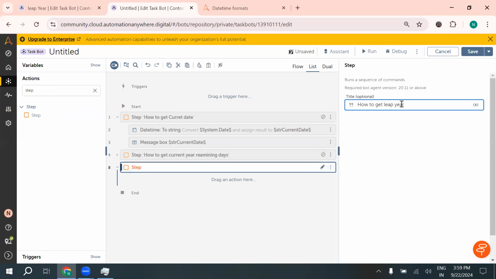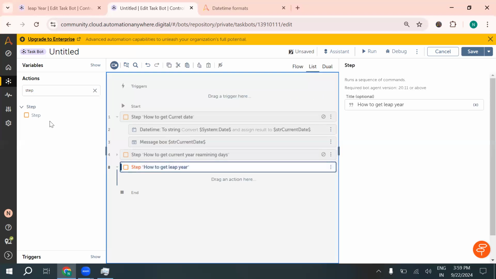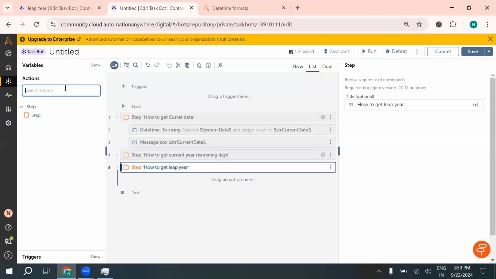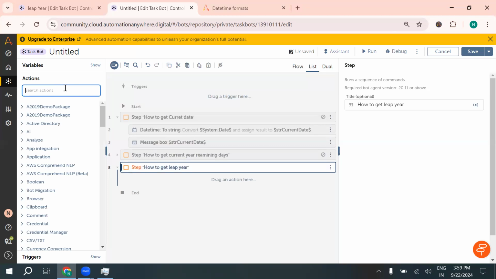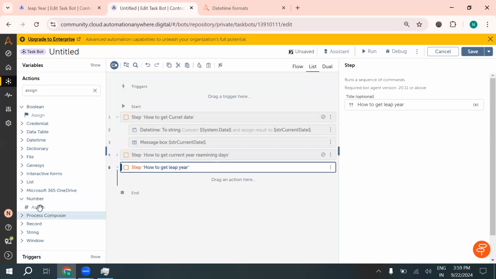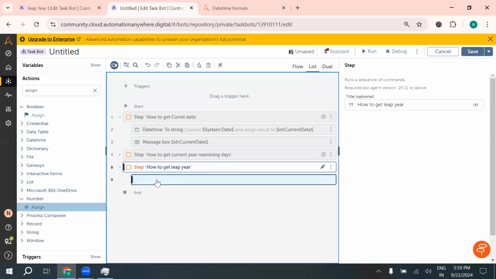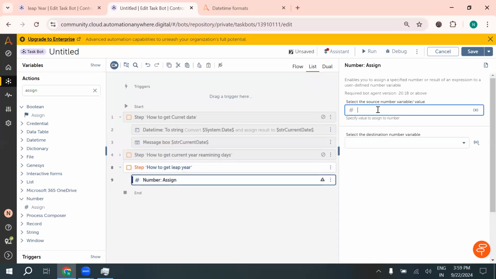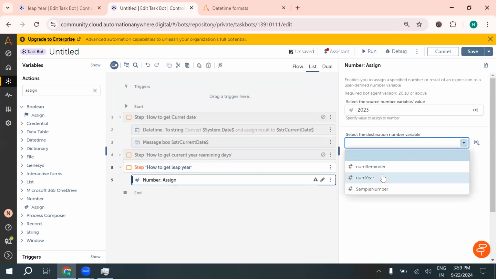And for that, we just need to take one assign action from the number package. And in the assign action, we have to give any year like 2023, 2024, any year you can give for the testing purpose. So here give our num year